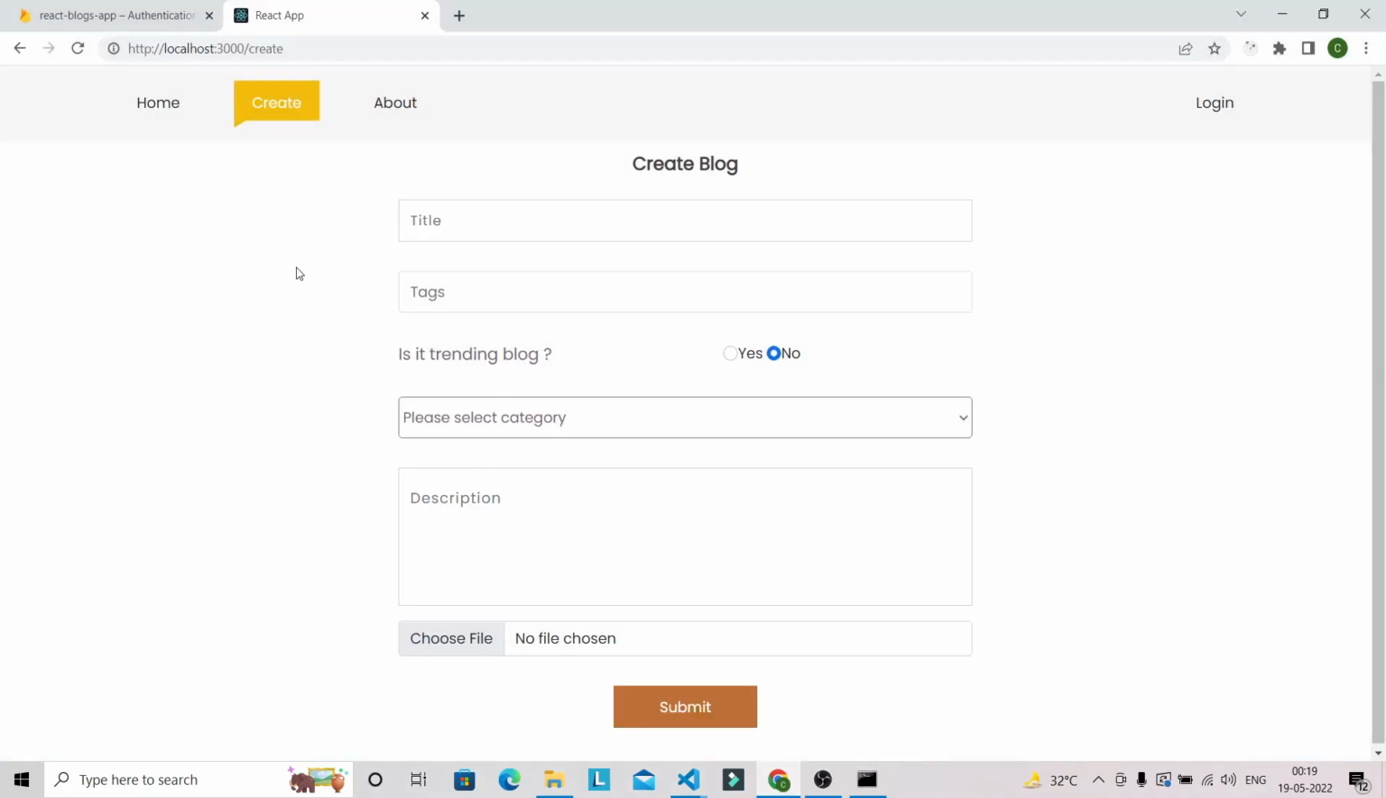So now you can see that we got our form component over here for creating blog. So we have a title, tags, category, description, and this file input. So our create blog form is almost ready to create blog in this application. So before we start creating any blog in this application, we have to first work on uploading the image